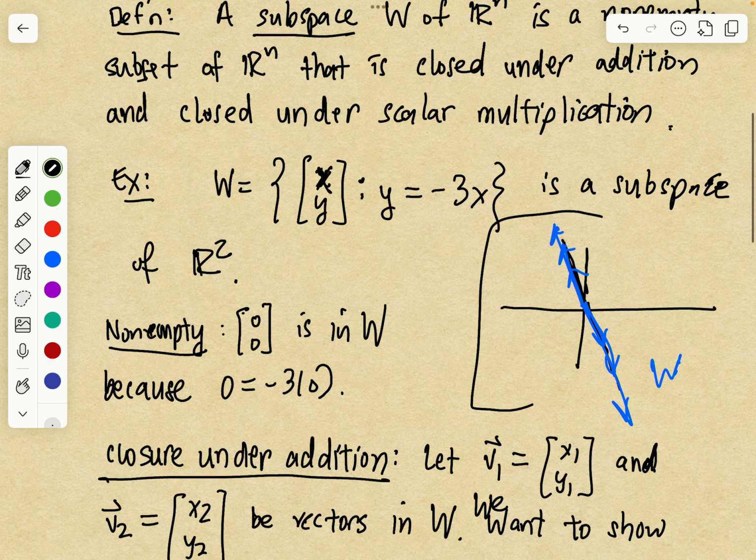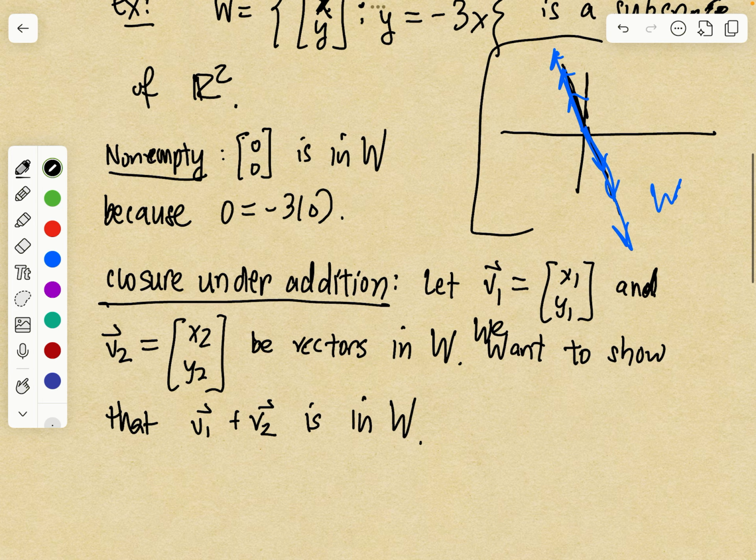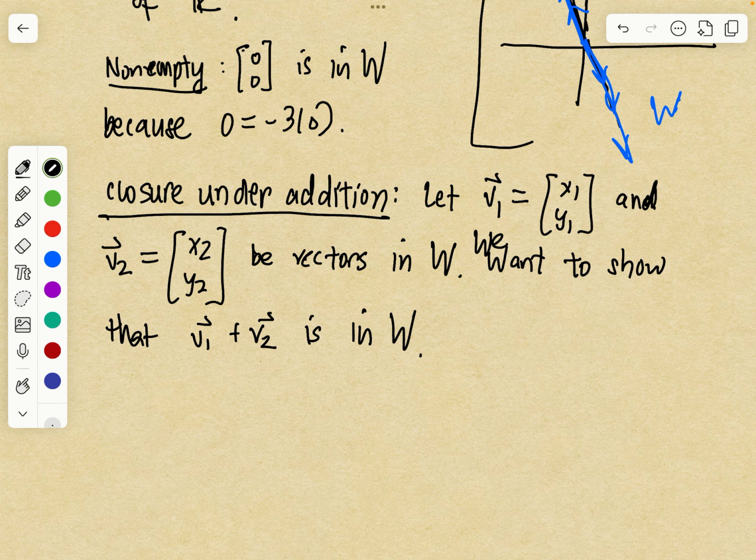That's what needs to happen in order for a vector to be in W. So we know, since V1 is an element of W, and we need to get used to this mathematical notation, that y1 is equal to -3x1,